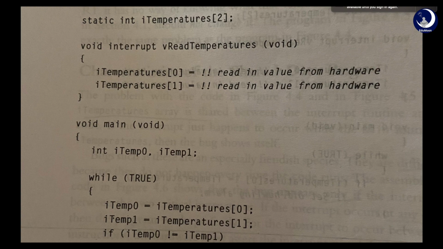Whenever an interrupt occurs, the controller completes the execution of that particular instruction and starts the execution of the ISR, that is, the interrupt service routine, also called the interrupt handler. This ISR tells the processor what to do when an interrupt occurs. The interrupt can be a hardware interrupt or a software interrupt.